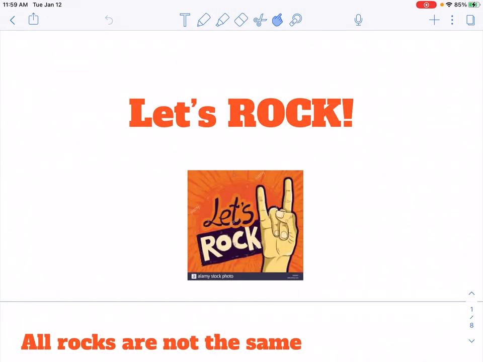Okay, in this video, I am going to go through the note catcher for the three major types of rocks. This may or may not be a couple of videos. We'll see how far we get in this first one. If we have to stop and go after it, but I'm thinking this is probably going to be a couple of videos. So let's rock. Let's get started here.